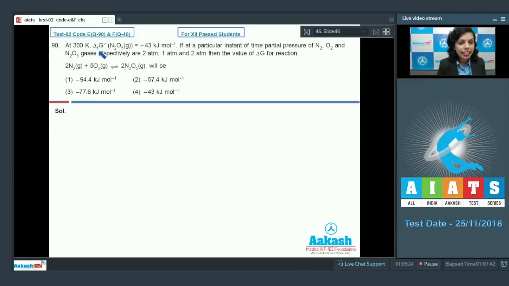Question number 90. At 300 Kelvin, delta G of the formation of N2O5 in the gaseous state is minus 43 kilojoule per mole. If at a particular instant of time, the partial pressures of N2, O2 and N2O5 gases respectively are 2 atmosphere, 1 atmosphere and 2 atmosphere, then find the value of delta G for the reaction. The reaction is given here. Nitrogen is combining with oxygen to form N2O5. So in this case, we just want to find out the delta G value for the reaction, and we should know that delta G is equal to delta G naught plus